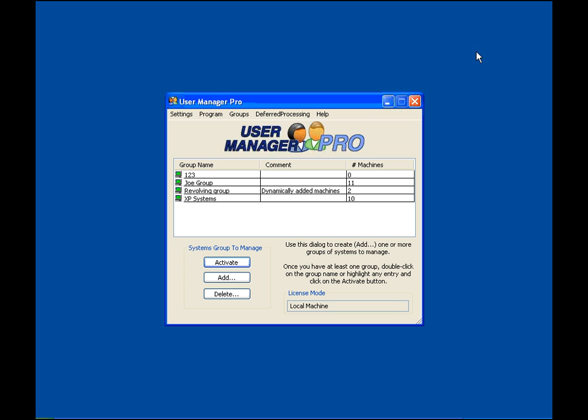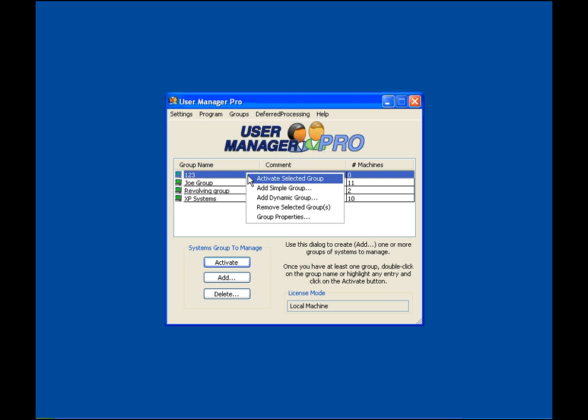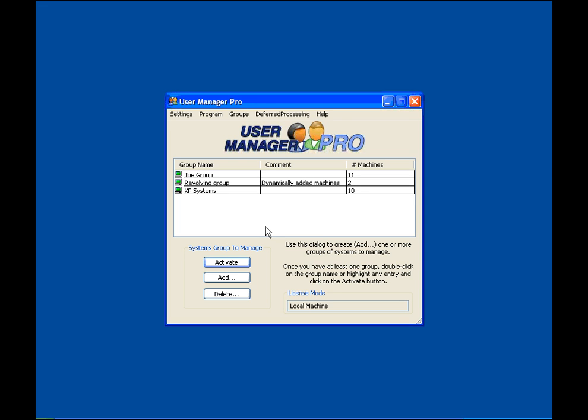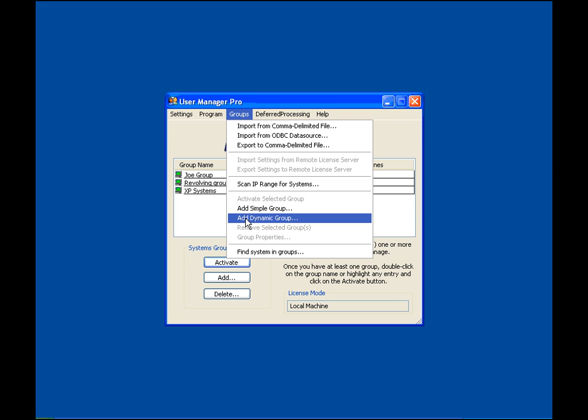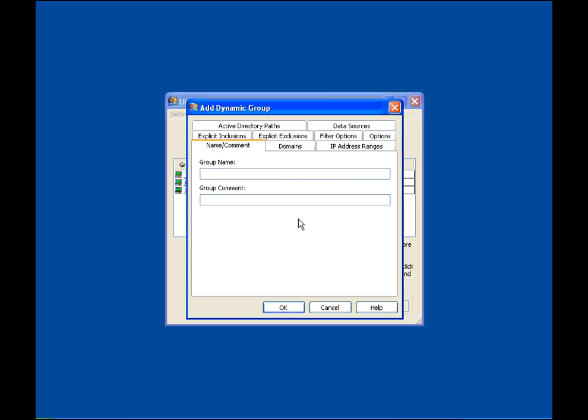You can create as many groups as you like, and you can have a machine in as many groups as you like. And as quickly as you can create a group, you can remove a group, and it's gone. And the other kind of group that you can create is called a dynamic group. And a dynamic group simply allows you to automate the process of adding machines to groups for management purposes, and